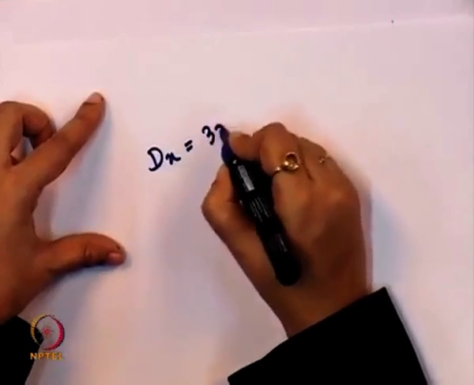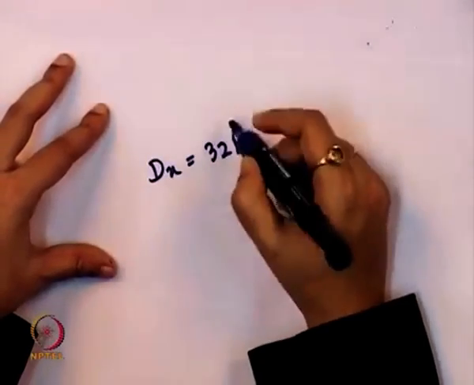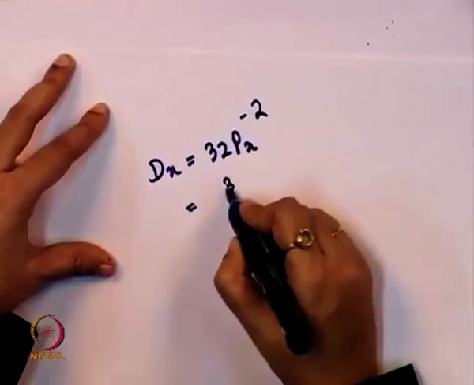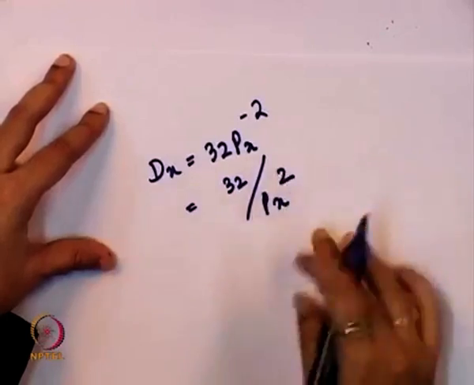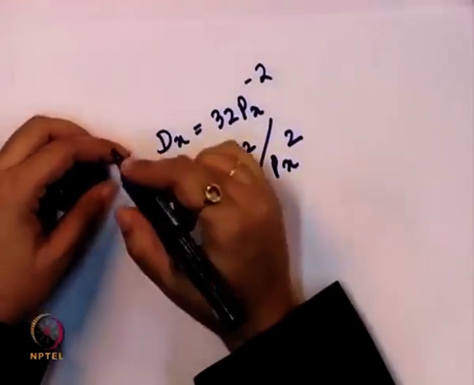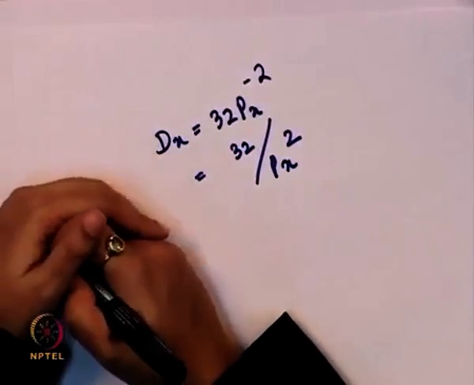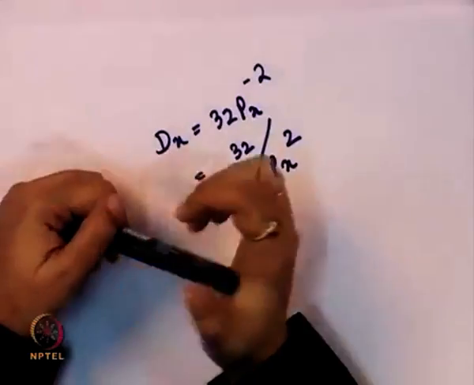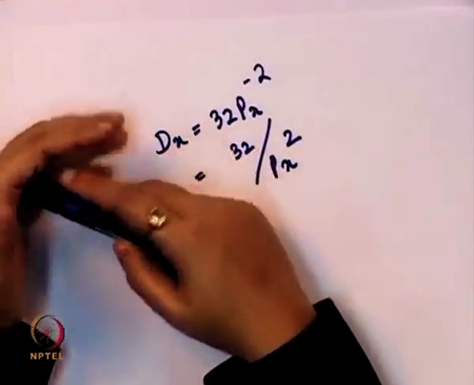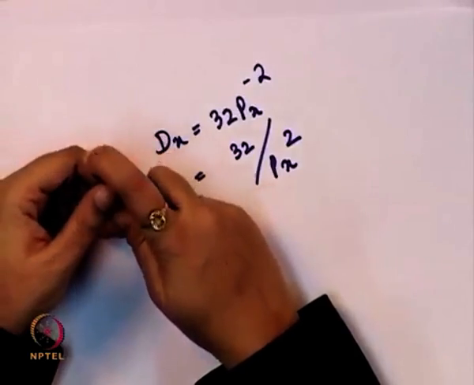Next, we will see how we measure the slope of the nonlinear demand function. So, for a nonlinear demand function, let us take a functional form, that is Dx is equal to 32 Px to the power minus 2, or we can say this is 32 by Px square. Okay. Now, in case of a nonlinear demand curve, the slope of the curve can be measured between any 2 points, and then we can compare what is the slope between these 2 points.